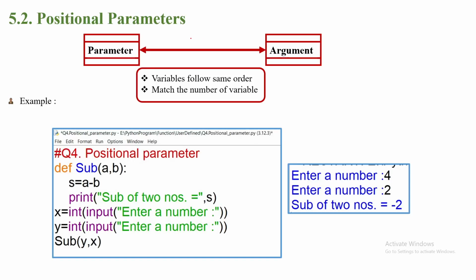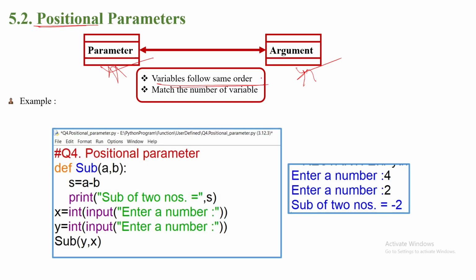Positional parameters. In functions, parameters and arguments both are there. Arguments pass the value, and parameters receive the value. But positional, through the name you get position, means position cannot be changed. Variables follow the same order. That means position